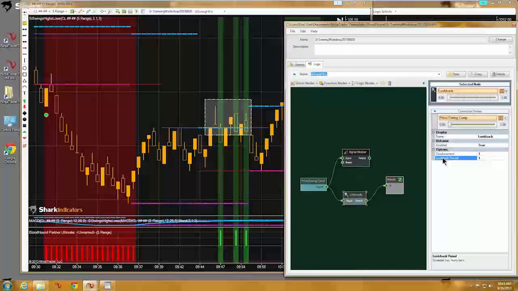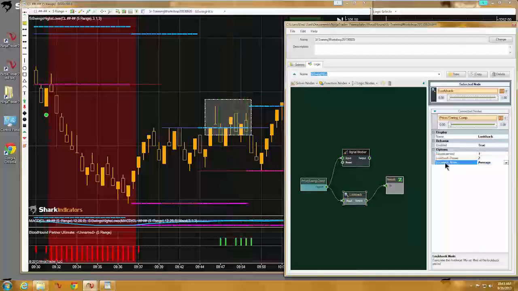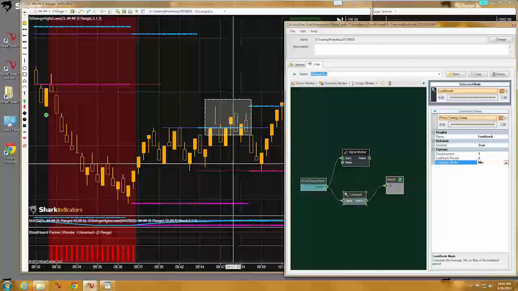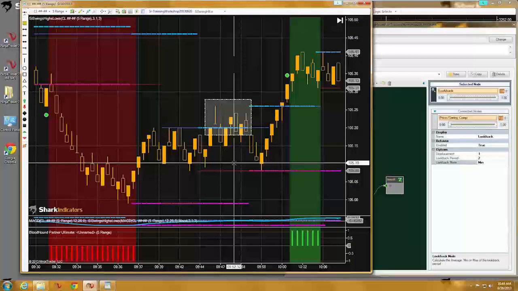What I need to change is the Lookback period. I'm going to change that to 2. And as soon as I put a higher number than 1 in there, you'll see a third parameter opens up here. For this, the Lookback mode, I'm going to set it to minimum here. And when I set it to minimum,